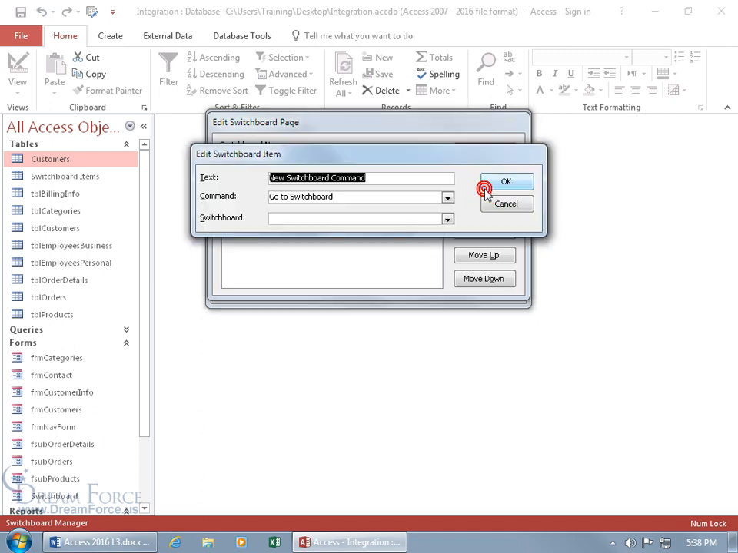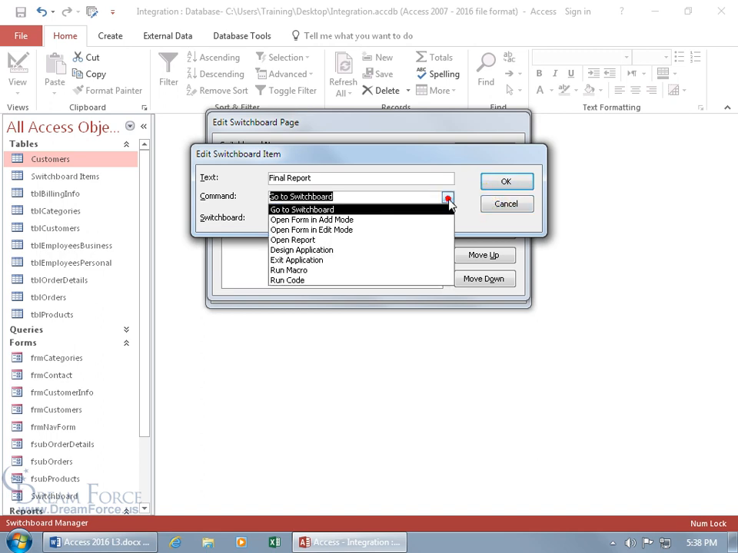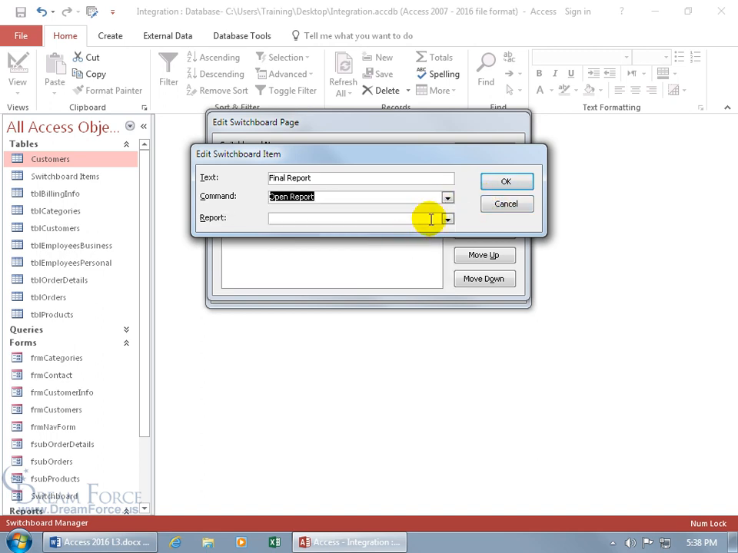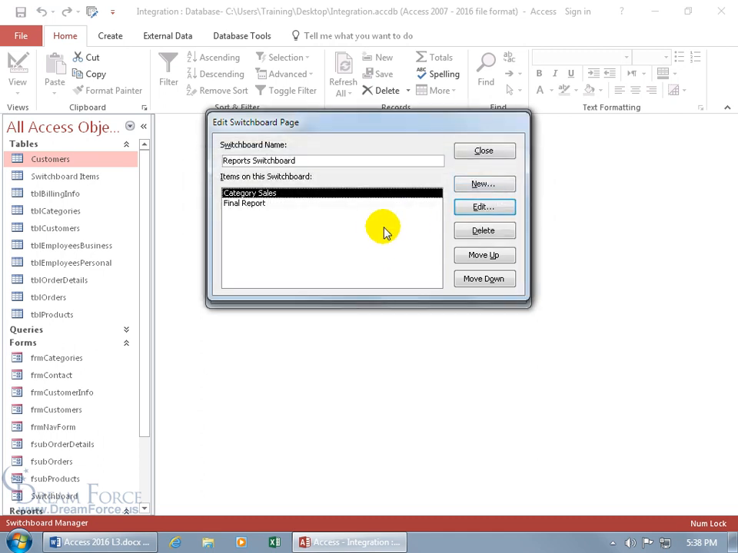And let's do another, click on New. This one will be the final report. Click on the drop-down arrow. Open up report, click on the drop down arrow, it's the final report, click OK, and then after we got a couple reports here, the only two that I want them to view,